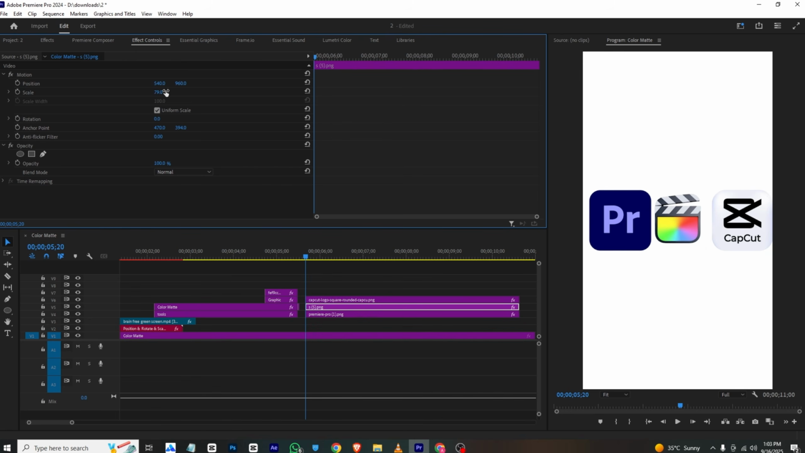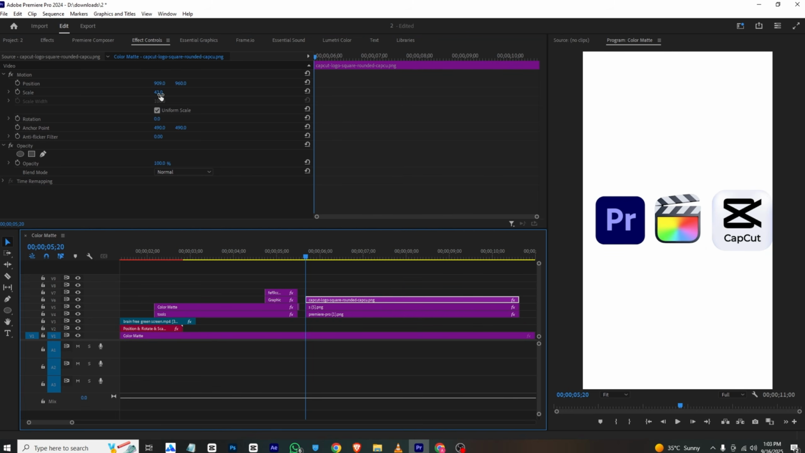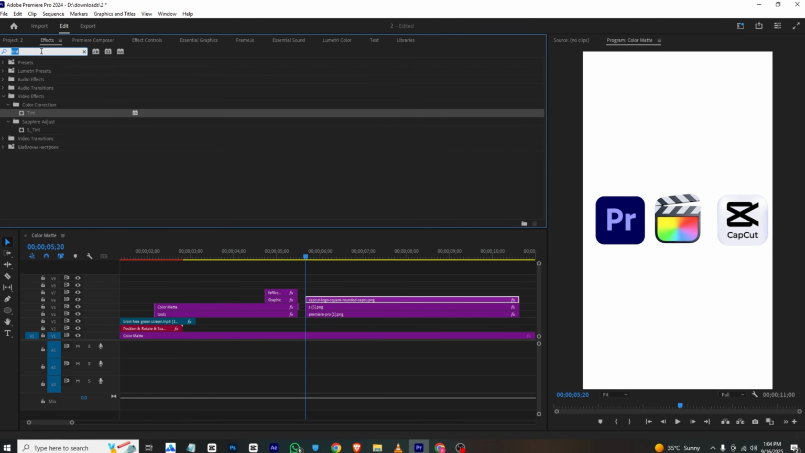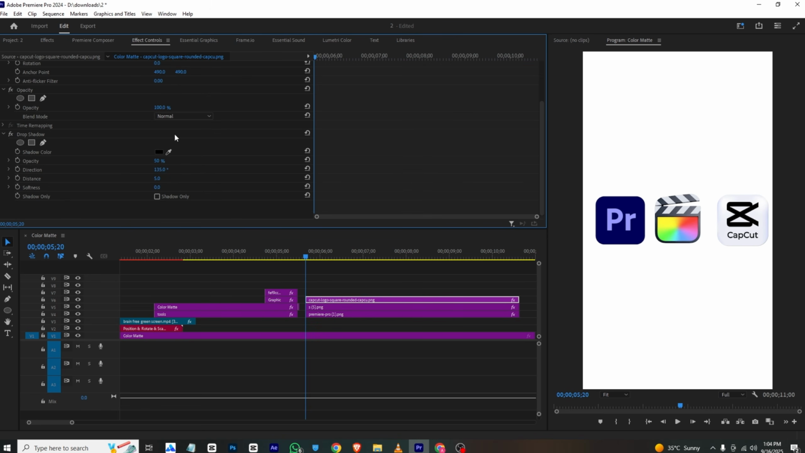So I will just bring this down, and for the CapCut one, we will also bring the CapCut one down. So if we see, these are not visible on the white background. So I will go to effects and search for drop shadow effect and simply paste it to the CapCut layer. Go to effects control, simply increase the opacity and softness like this, and make sure to adjust the direction